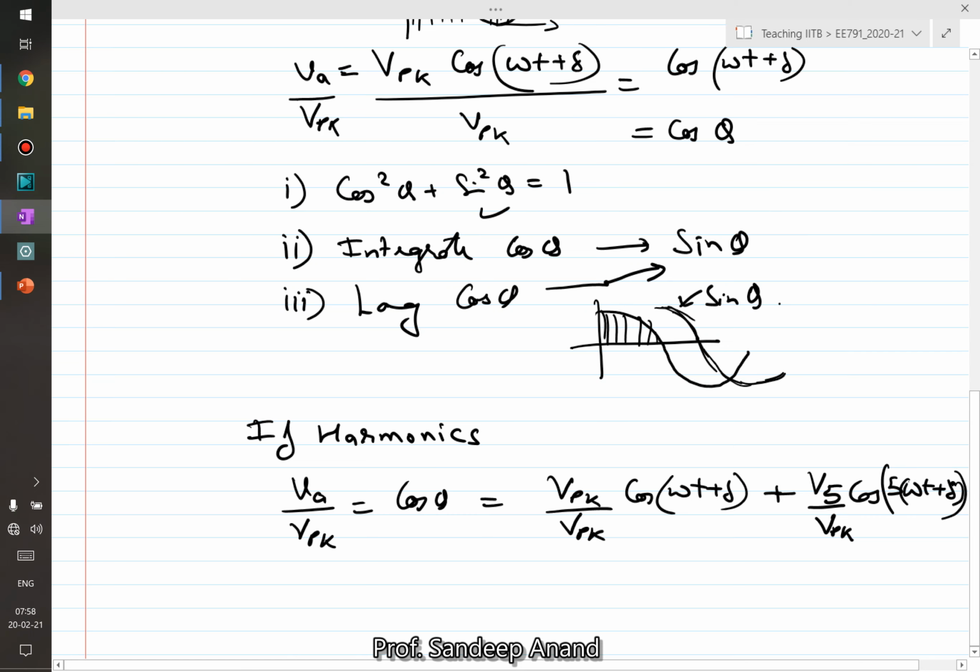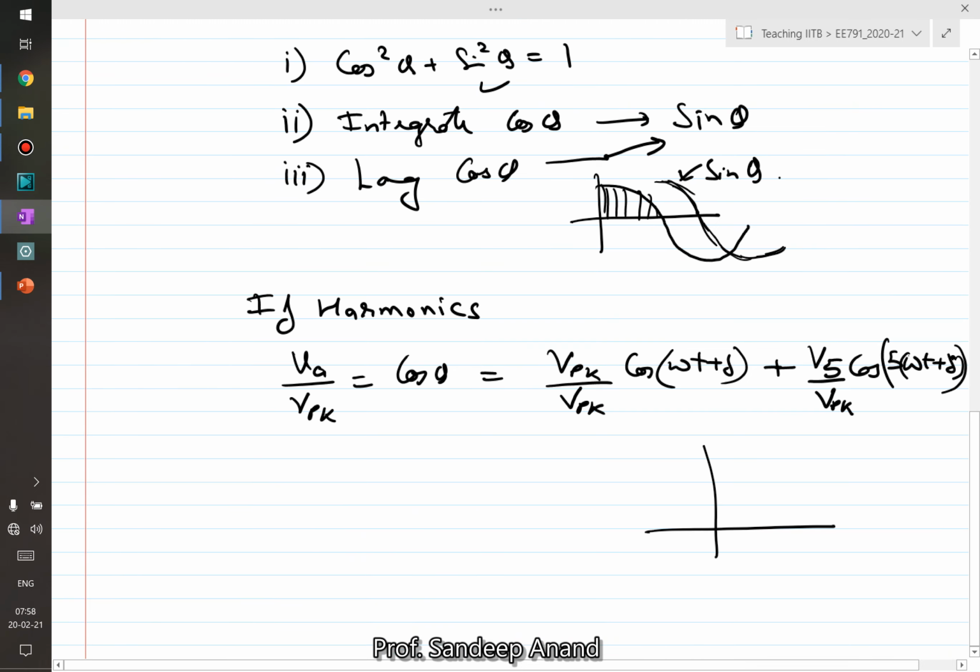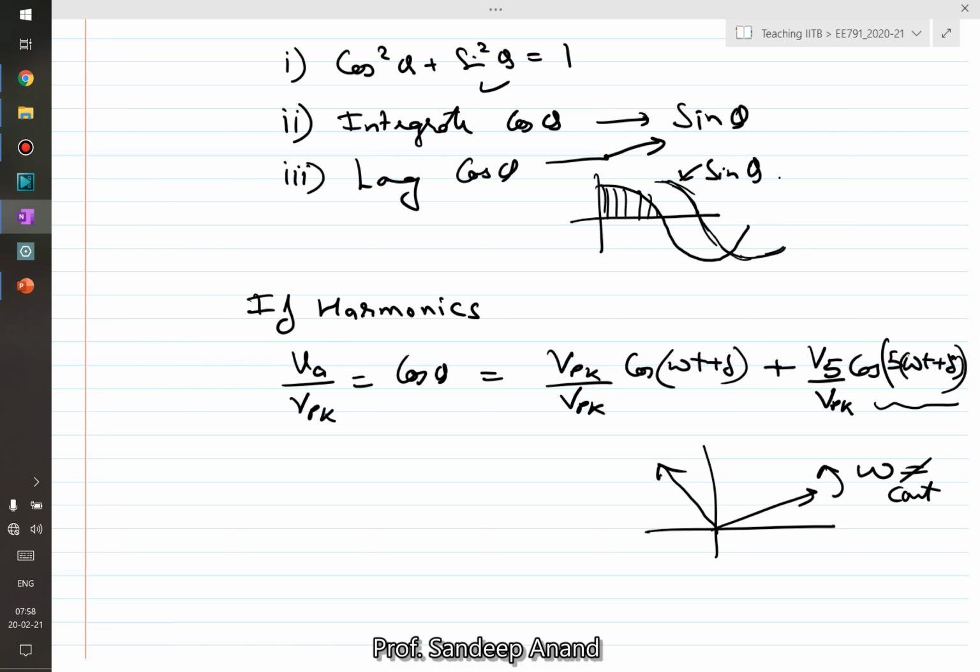Yeah, so now because of this fifth harmonic, our frame will no longer rotate at a constant speed, no longer rotate at omega, right? Omega is not going to be constant because of these additional terms, and thus all the derivation that we did, that if you convert fifth harmonic into the rotating frame it looks like sixth harmonic and so on, would no longer be valid, because earlier we assumed the frame to be rotating at a constant speed, right?